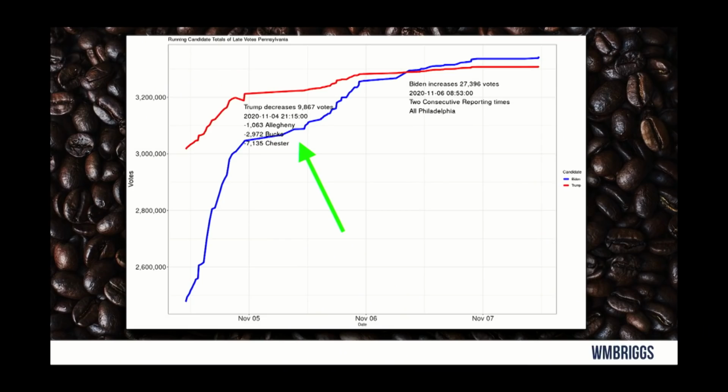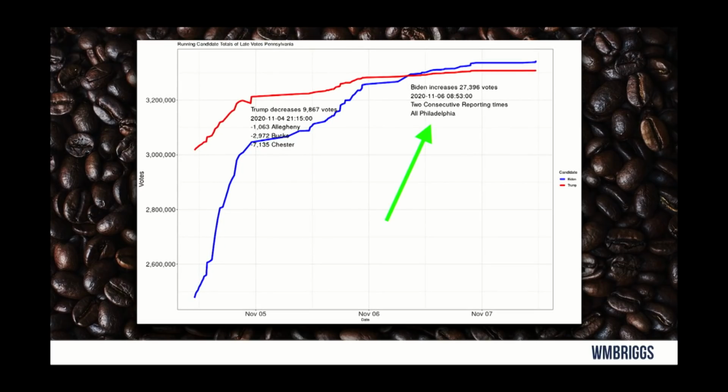Yeah, that's correct. And Biden never had any subtracted in the reporting. I'm not sure of the reason for that. The supposition is that I can guess. Perhaps they made an error, right, and had to correct. But it is strange that you have 10,000 votes subtracted from Trump's total in one instance. Right. And then the next morning, Biden, all of a sudden, he jumped 27,000 votes in 2 consecutive voting periods.